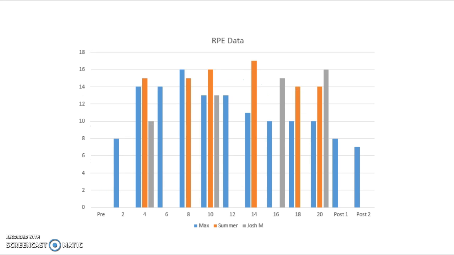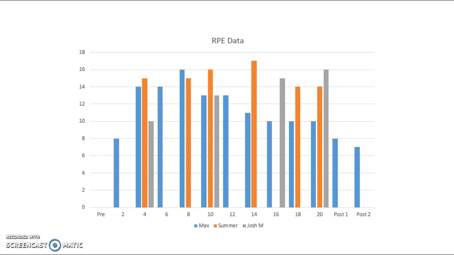The normative data for someone's rating during steady-state exercise would be: as the race goes on, the participants' rating will increase, but not massively, as they are not working that hard, but are working for a long period of time, so it will get harder as the exercise goes on due to them getting tired and not having as much energy as they would have. As we can see from the chart, this happened for Josh, as it shows us that during the exercise his rating was always increasing, but not by much each time, as over the 20 minutes it only increased by 6. On the other hand, you could say this increased a bit more than usual.